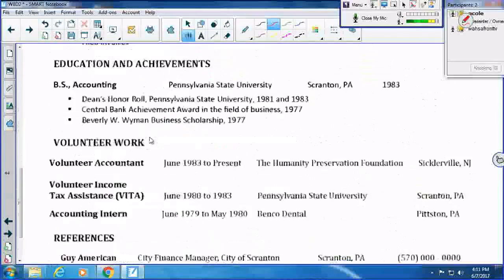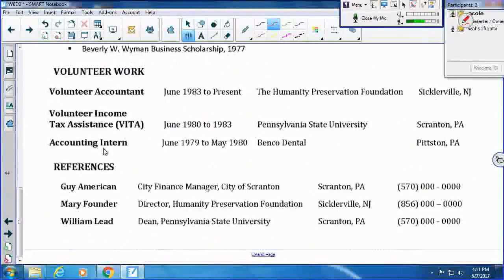Now, I just want to point out, and I'll point this out at the end again too, that for assignment 26, you need to list 3 references. Nowadays, a lot of times when you write a resume and submit it when you apply for a job, you don't necessarily have to provide references. But in this assignment, you do need to include 3 references.